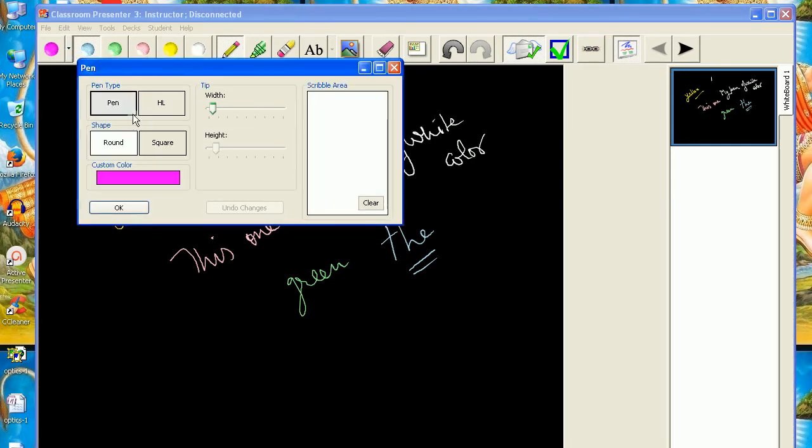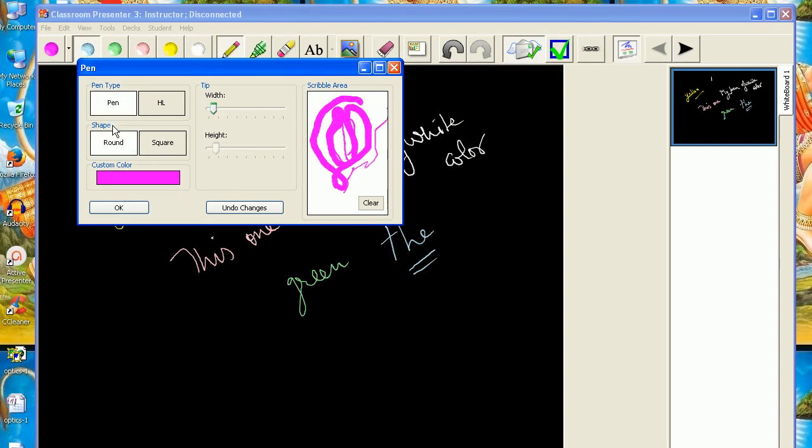The pen type, basically this is the width, you can see in this screen the thickness of the pen. If I increase it, then you can see here again the thickness, right? So this is just for the width.